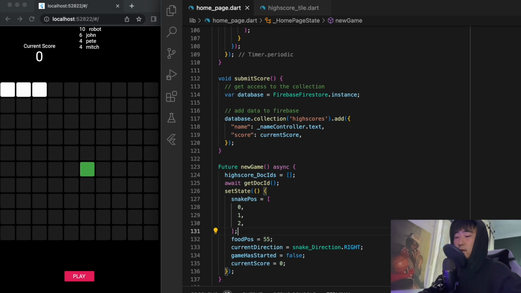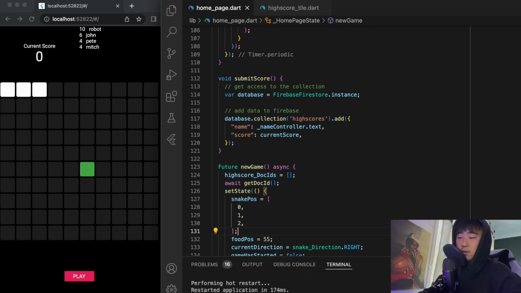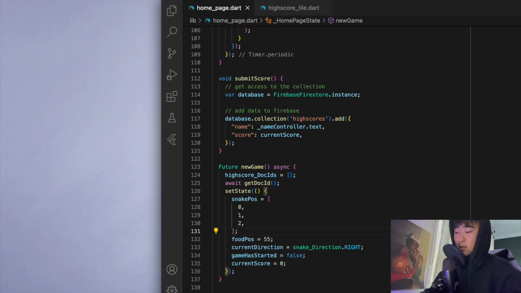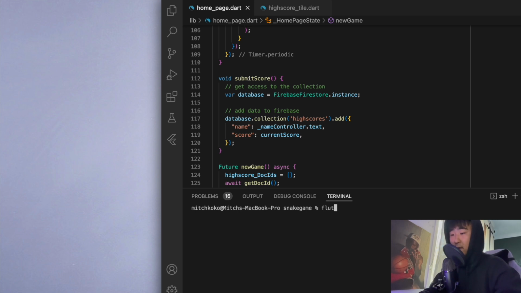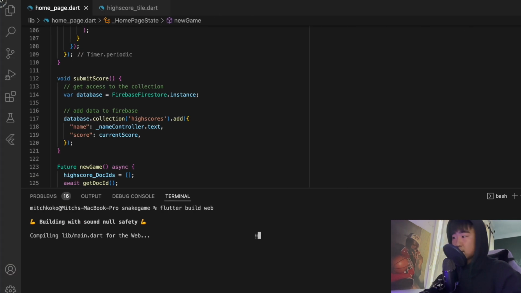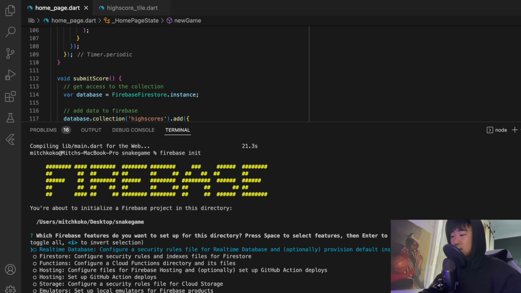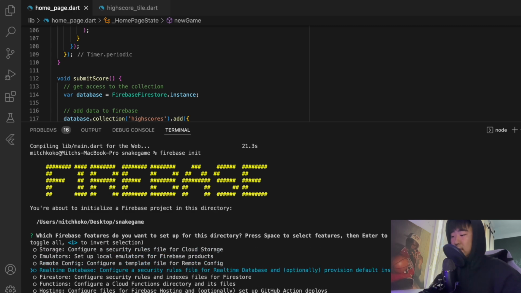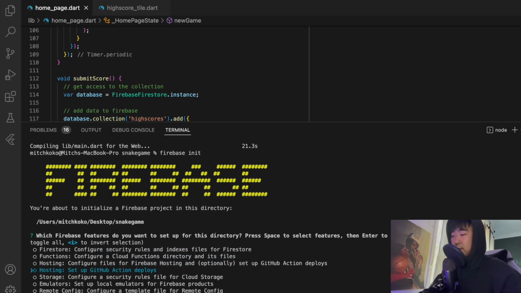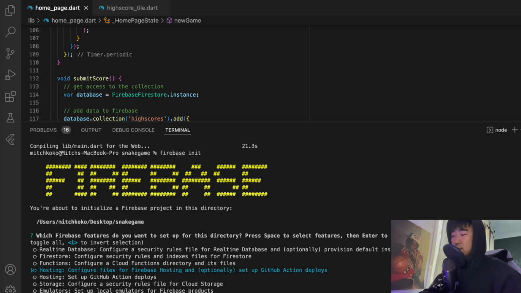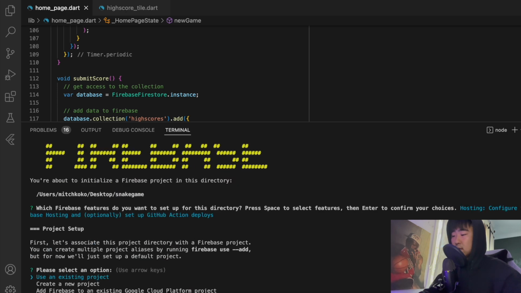So I'm going to need to show you my terminal. So I'm just going to delete this. First thing I'm going to do is build the web version. And then go firebase init. And here you can access all of the different Firebase functions, right? So I want to do hosting and use an existing project,